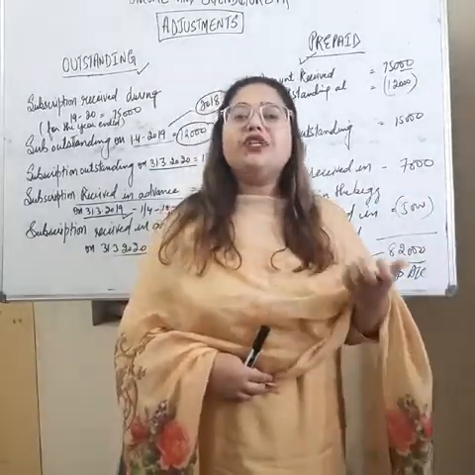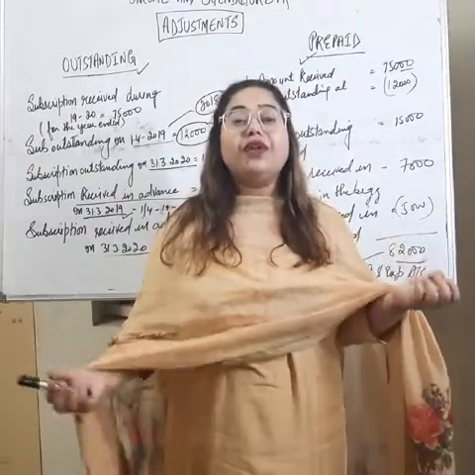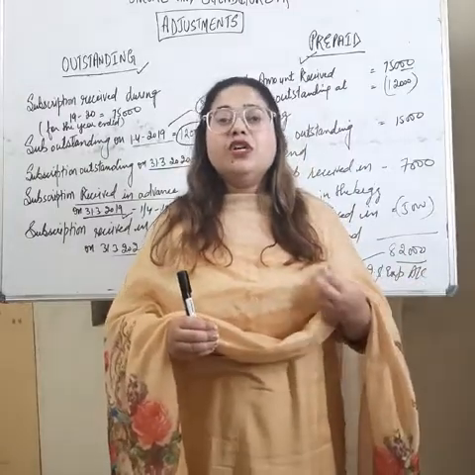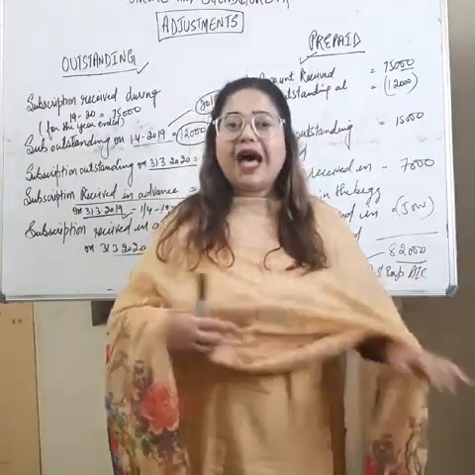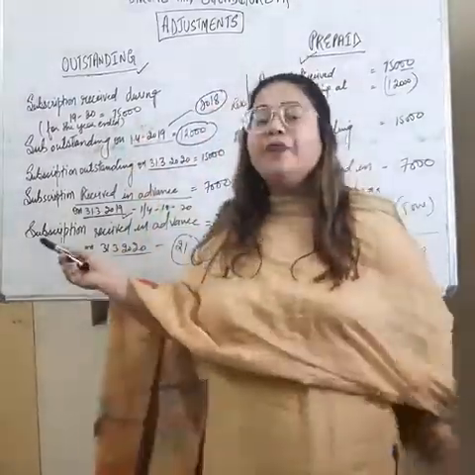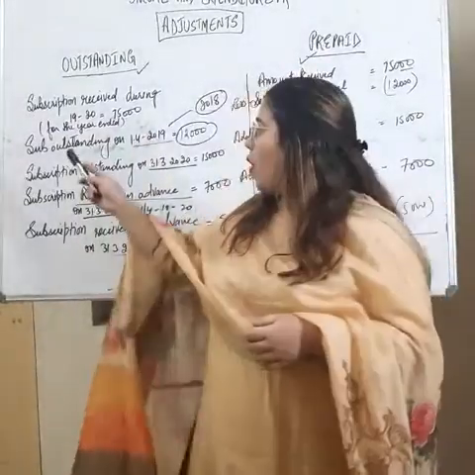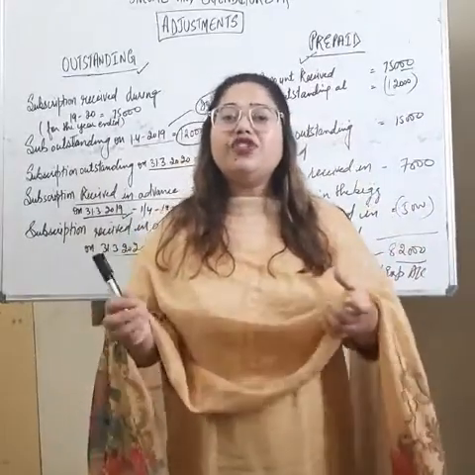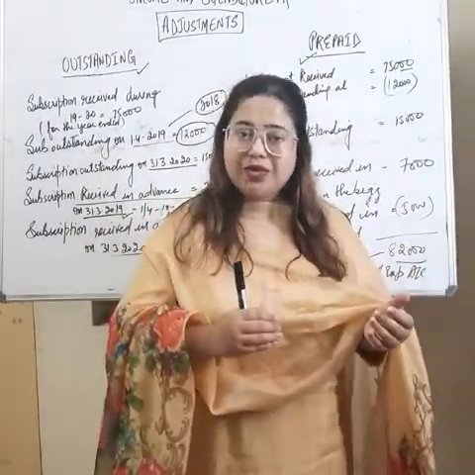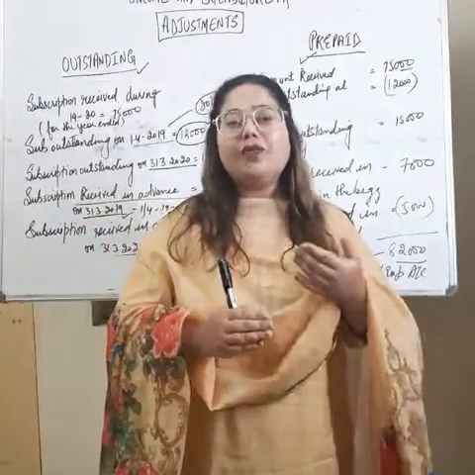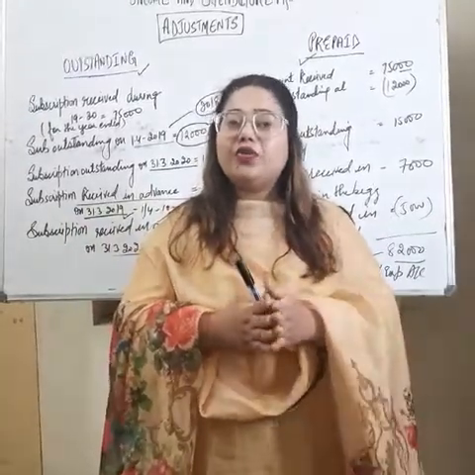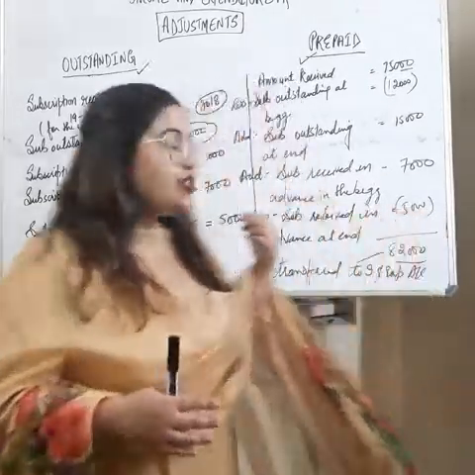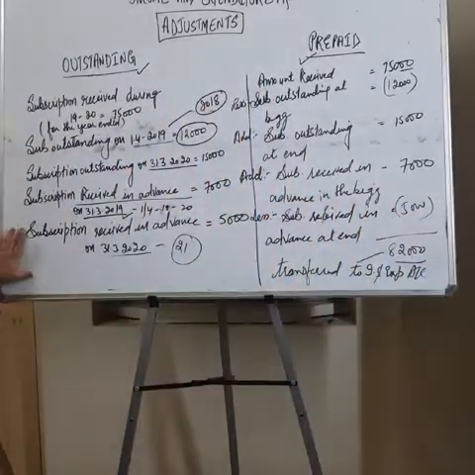So how do we have to deal with those amounts in order to calculate the perfect amount to be transferred to income and expenditure account? In order to understand in a better way, I have taken one example for you all. We will read one by one all the lines written here and you will be able to understand which amounts you have to include, means add, and which amounts you have to deduct in order to calculate the exact or appropriate amount. So let's see the question written here.